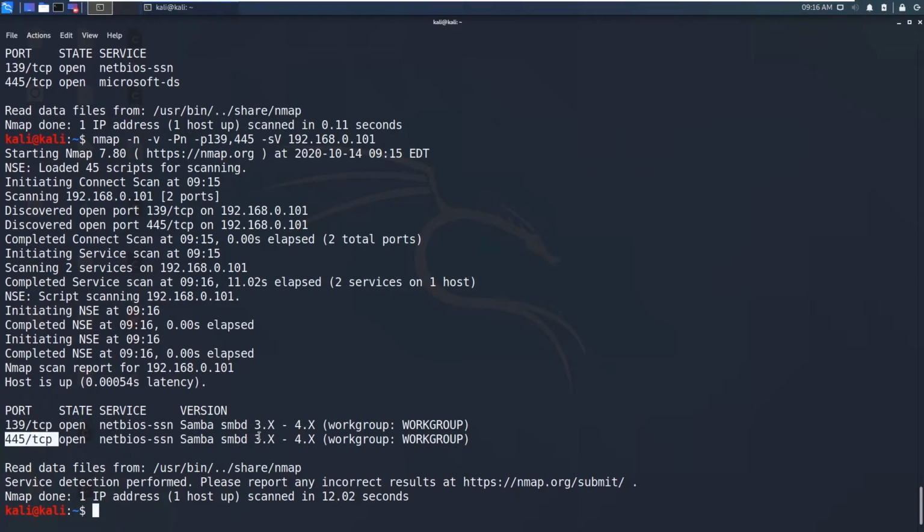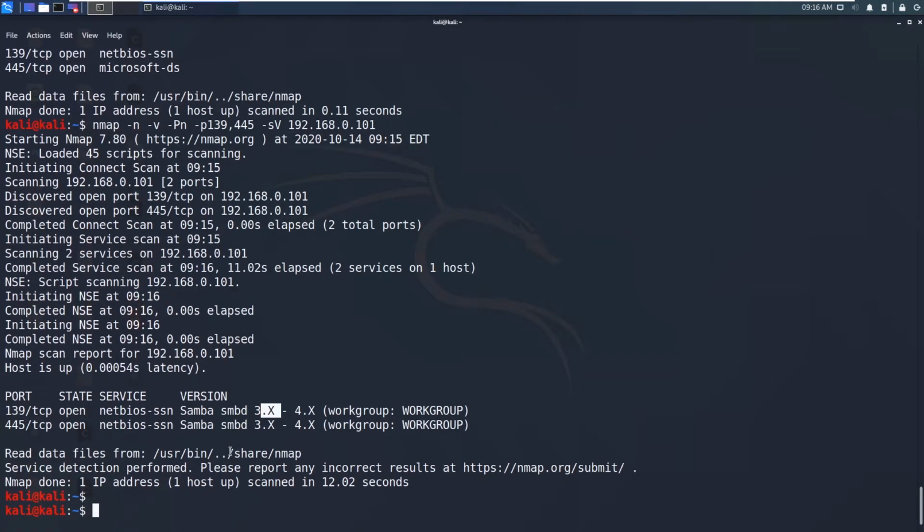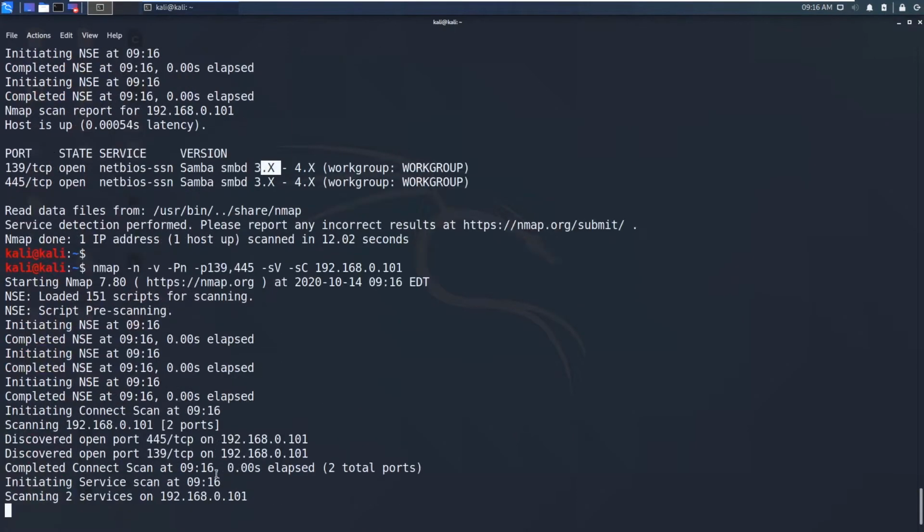The same server is running, and the version number of the Samba server is between 3.3 and 4. So you can just Google for SMB exploits based on these version numbers. We can also run the default scripts. We are running these default scripts only on these two ports, 139 and 445.